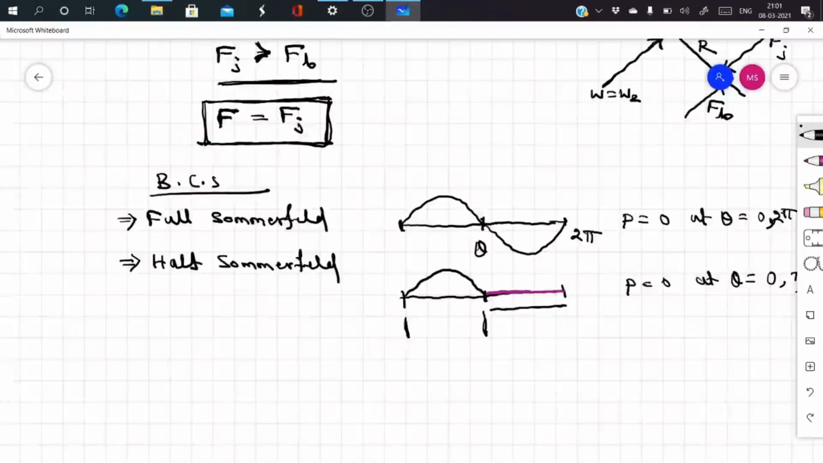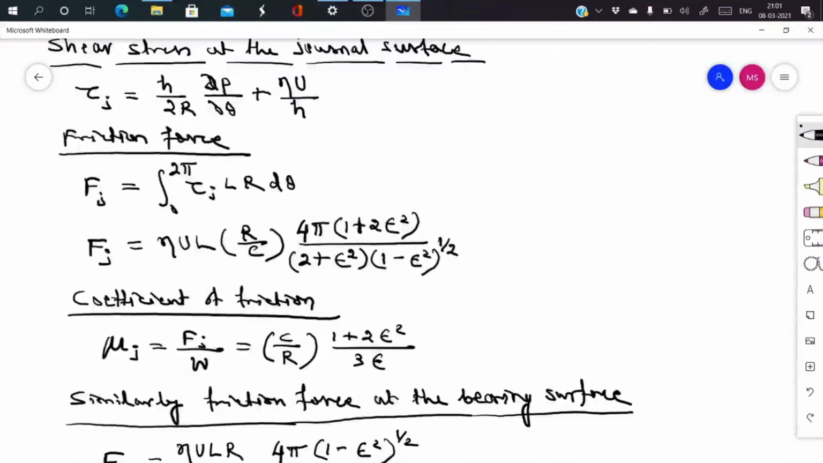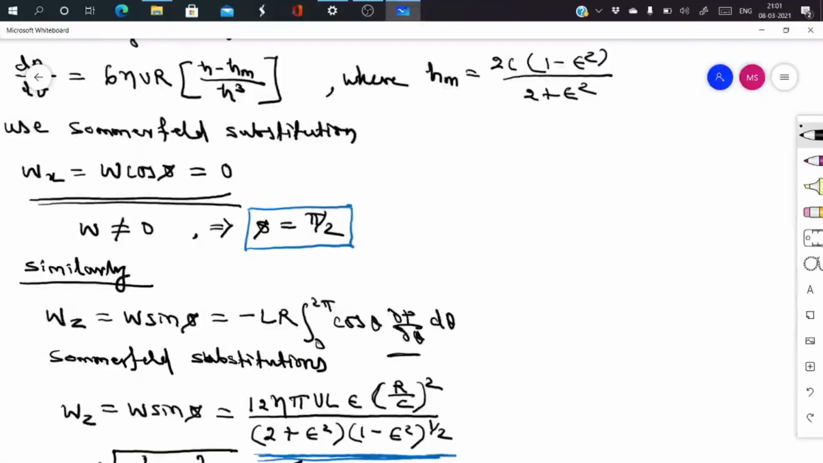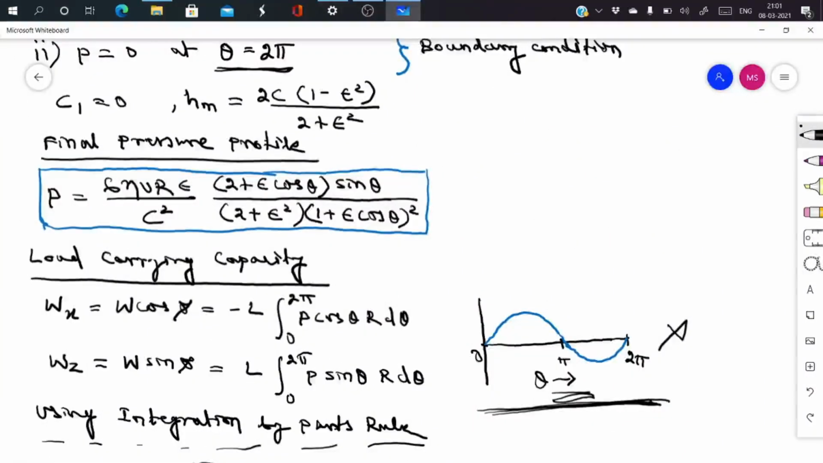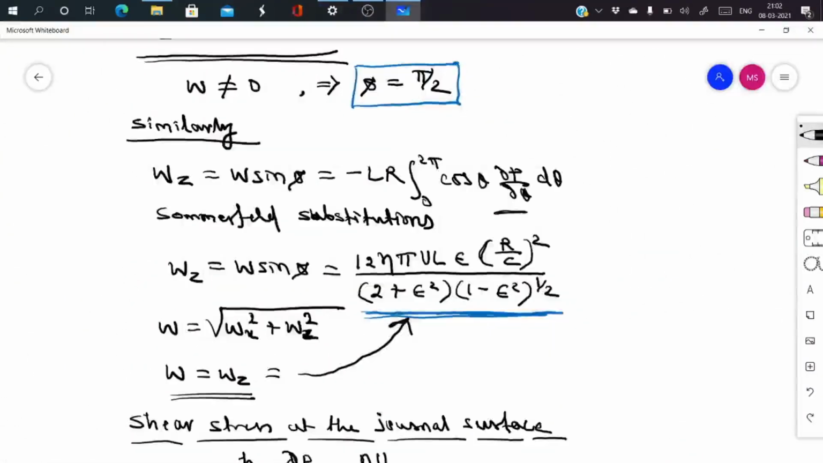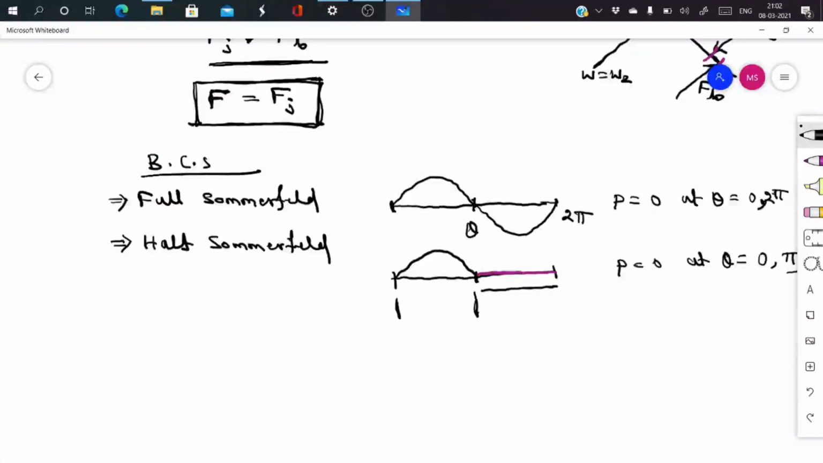Okay. So there is no need of deriving again. What you can do, you can actually take the same pressure profile what we did here. If you go back, the pressure profile will remain same. Yes, this pressure profile will remain same. Okay, but you have to only draw up to 0 to pi, and beyond pi you take all pressure to be 0. Now with that, if you calculate the load carrying capacity, okay,